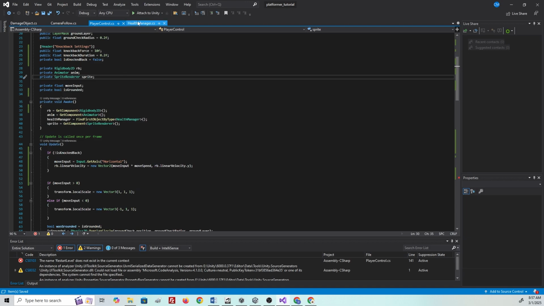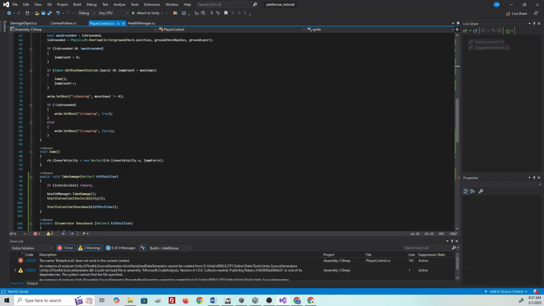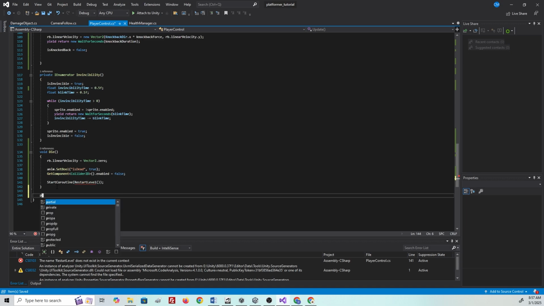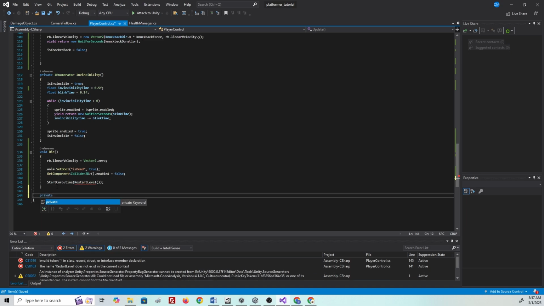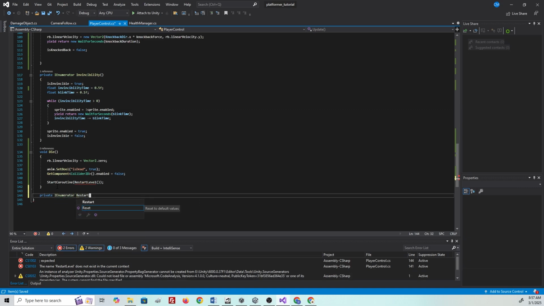And creating our coroutine, let's go to our health manager and we're just going to take this, copy this, and create an IEnumerator. So private... I draw a blank there, and I knew I was creating an IEnumerator, which is really weird. All right, drew a blank. Here we're back on track. RestartLevel,